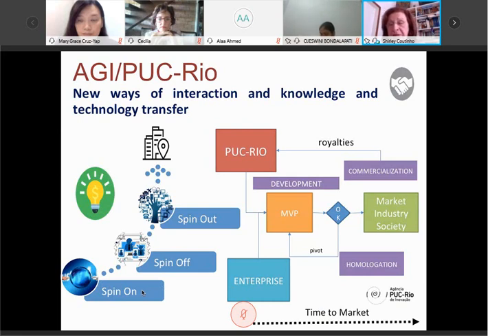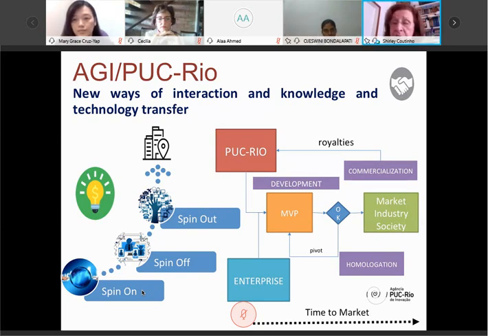And to deal with this risk aversion, because from the lab to the market it normally takes 5-7 years of high investment and high risk,